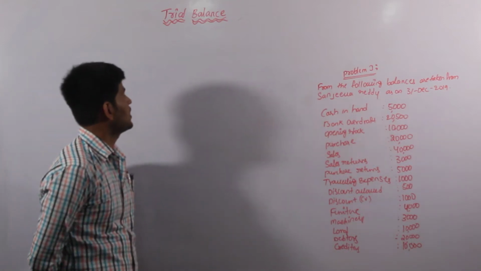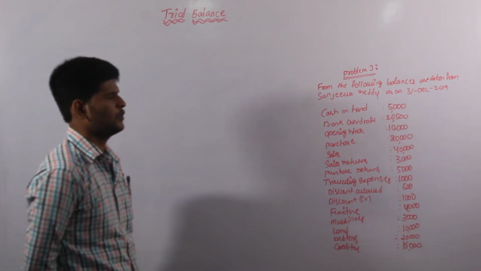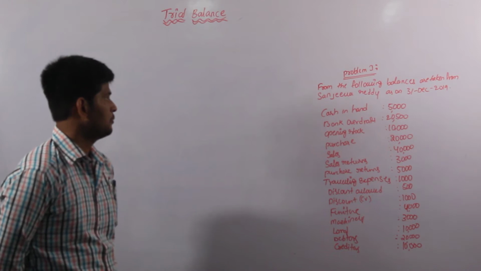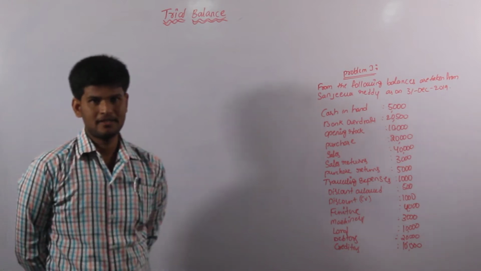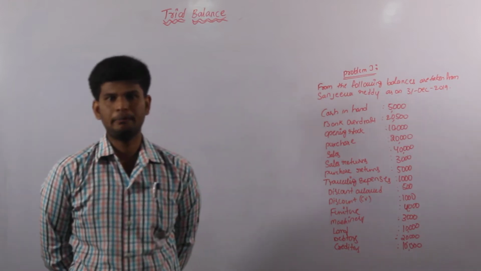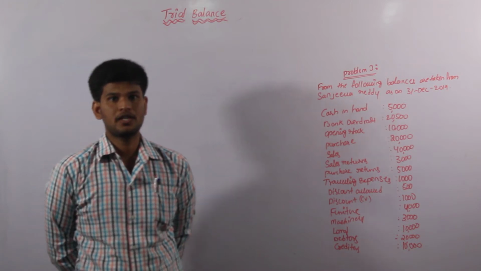Hello my dear students, come to our 2 marks problem chapter, trial balance. You will get only a 2 marks problem in our final examination, part B of accounting, and come to know the trial balance procedure. Preceding the trial balance procedure, we have to prepare ledger accounts, and before that we have to enter transactions into journal entries.